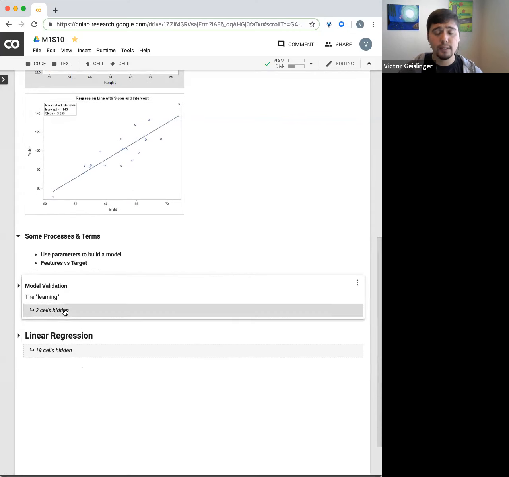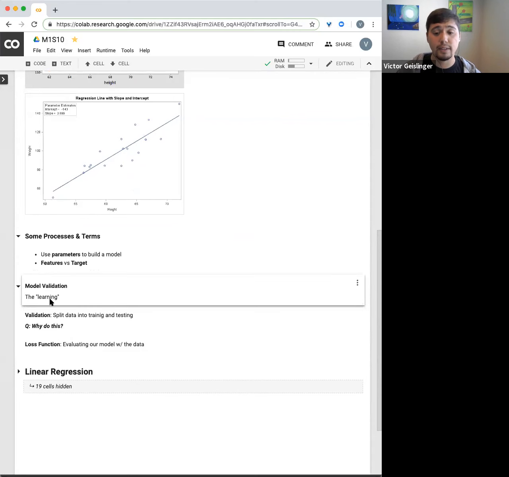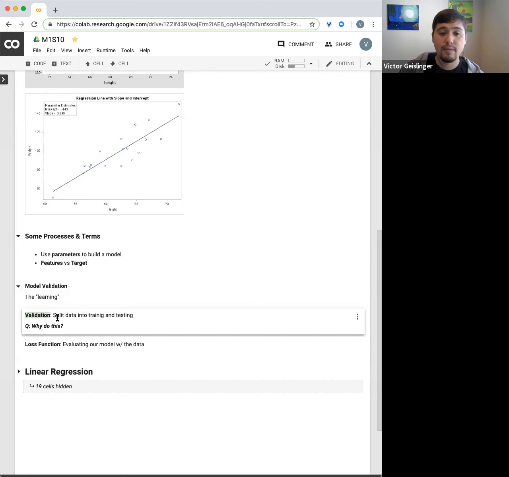So this is where we talk about statistical models, but this is where statistical learning comes in, and that is something called model validation. This is actually what causes, quote unquote, the learning part of it. Basically, you're trying something out, and then if it doesn't work out the right way, we'll talk about what that means, you adjust that model. So that's where we get into something called validation. Validation is a really interesting topic about how you do it. We'll talk about this a lot more as we get deeper into how we do modeling,